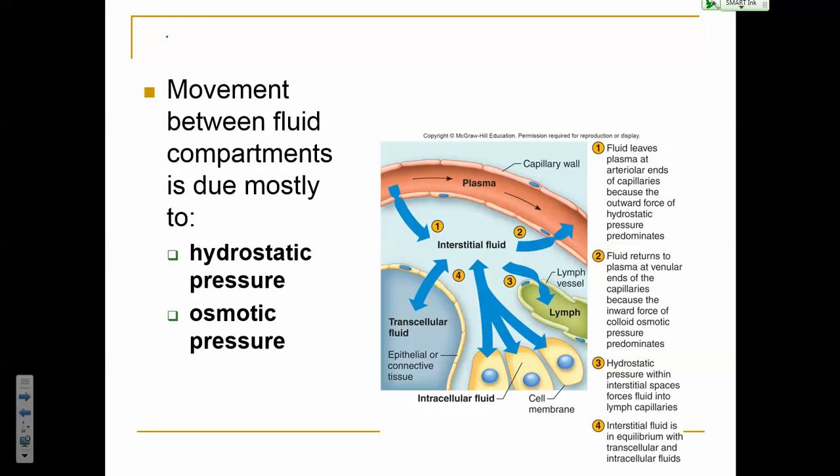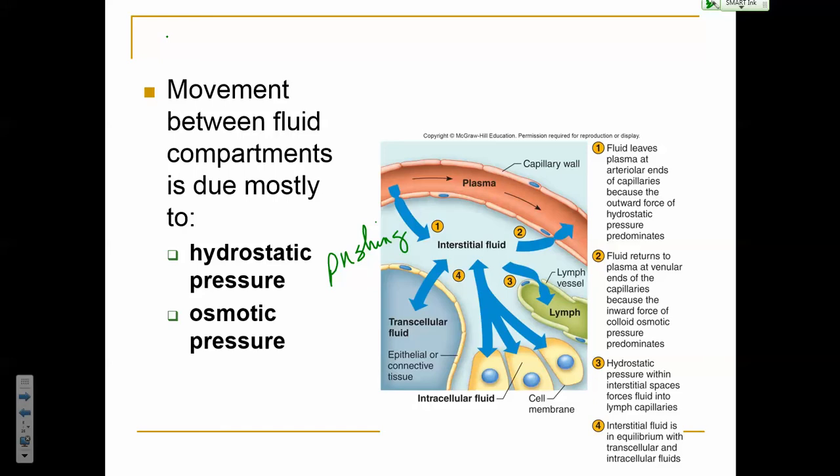Hydrostatic, that's the pushing. So the higher the hydrostatic pressure, the more water moves away from that area of high hydrostatic pressure. Osmotic pressure tends to keep. That's a keeping pressure. Or you can say pulling. I'm not going to write that down because the authors of your book might be horrified to say that that's a pulling pressure. But water is drawn to an area of higher osmotic pressure, and those pressures oppose each other,